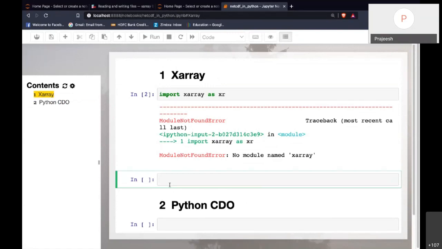If you give an exclamation mark and type the terminal commands, it will execute it as a terminal command. So I can install Xarray from inside the Jupyter itself using pip. So I'll install it here.